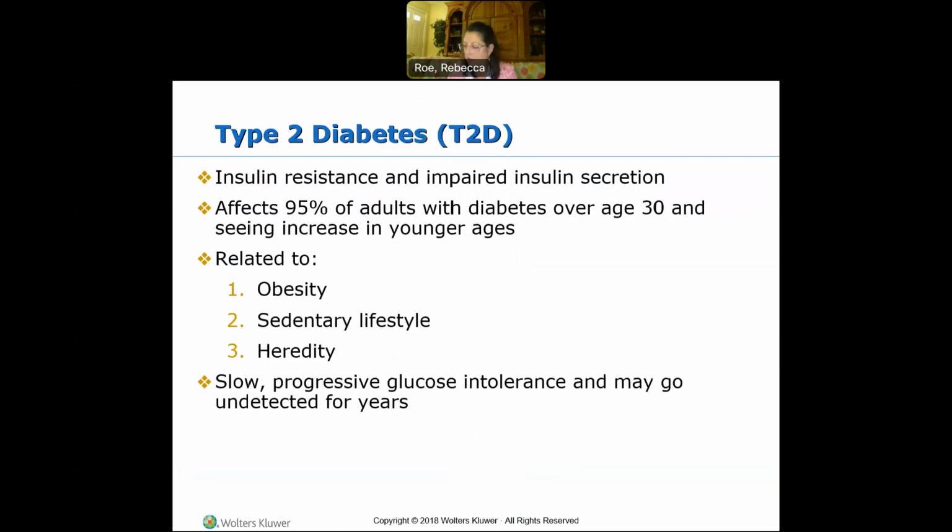So type 2 diabetes is your insulin resistance and a little bit of impaired insulin secretion. This affects about 95% of adults with diabetes over the age of 30, and you're starting to see an increase of that percentage in younger and younger ages. This is related to obesity, sedentary lifestyle, and heredity. There is a slow progressive glucose intolerance, and this may grow undetected for many, many years. So the process usually shows the pancreas functions normally for a while, and there is an association with someone being overweight